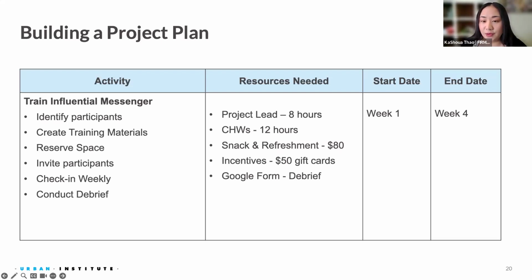And then also creating training materials for our influencer messengers. We have onboarded, like I said, experts in fields, everyday heroes, and also some of our clients that actually turned into influencer messengers. And so the training materials